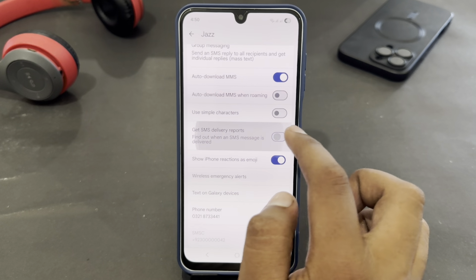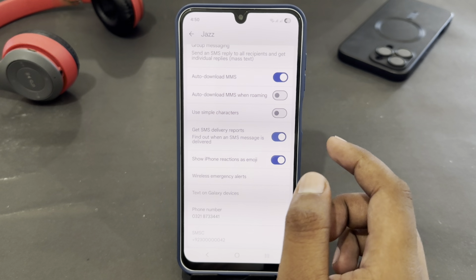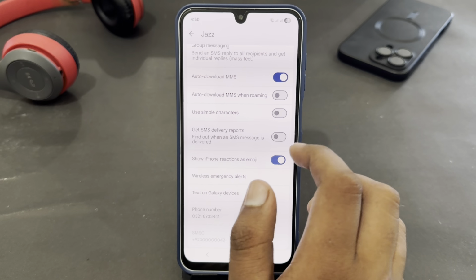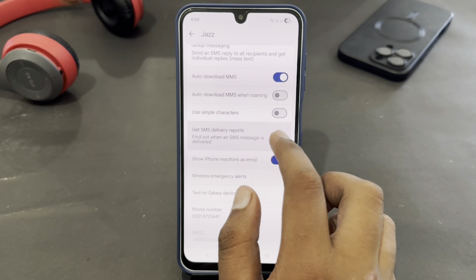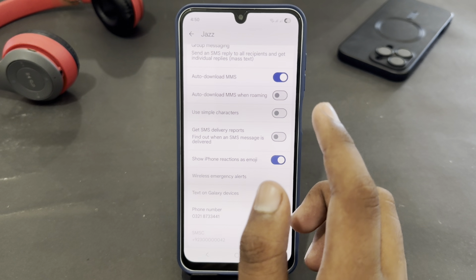You have to enable that to turn it on. If you want to turn it off, just tap on it again. So that's how you can easily turn on or off SMS delivery report in any